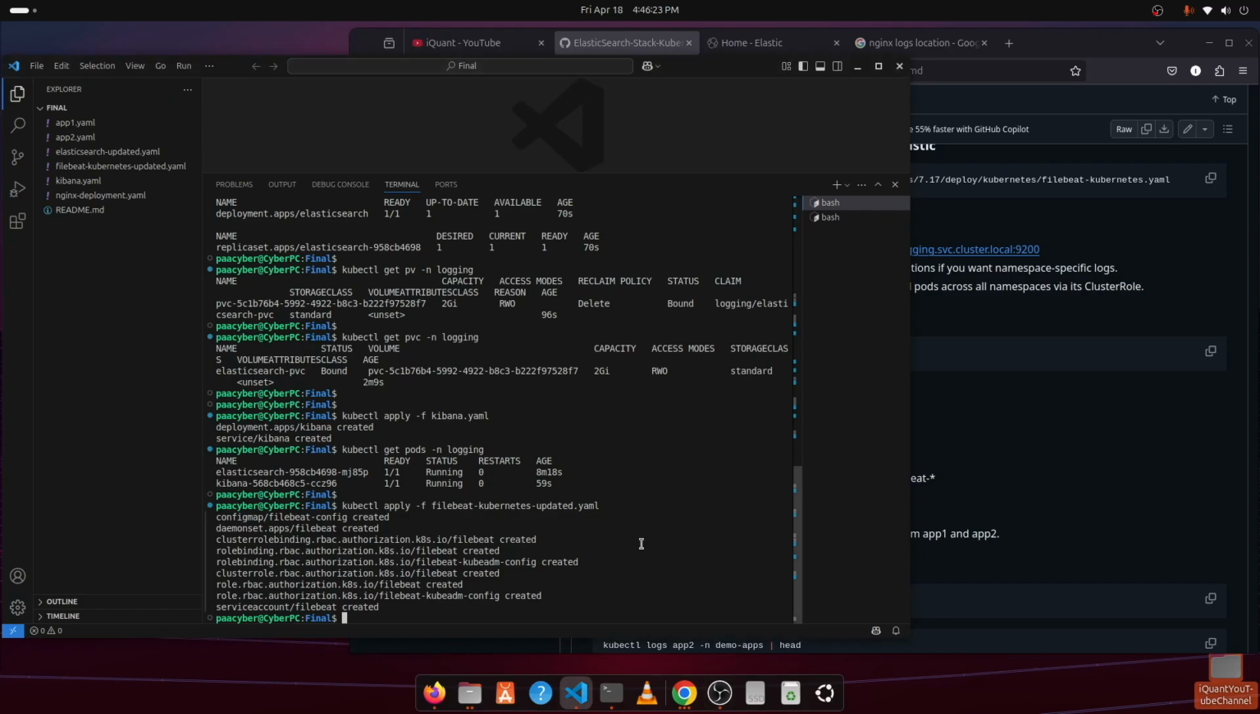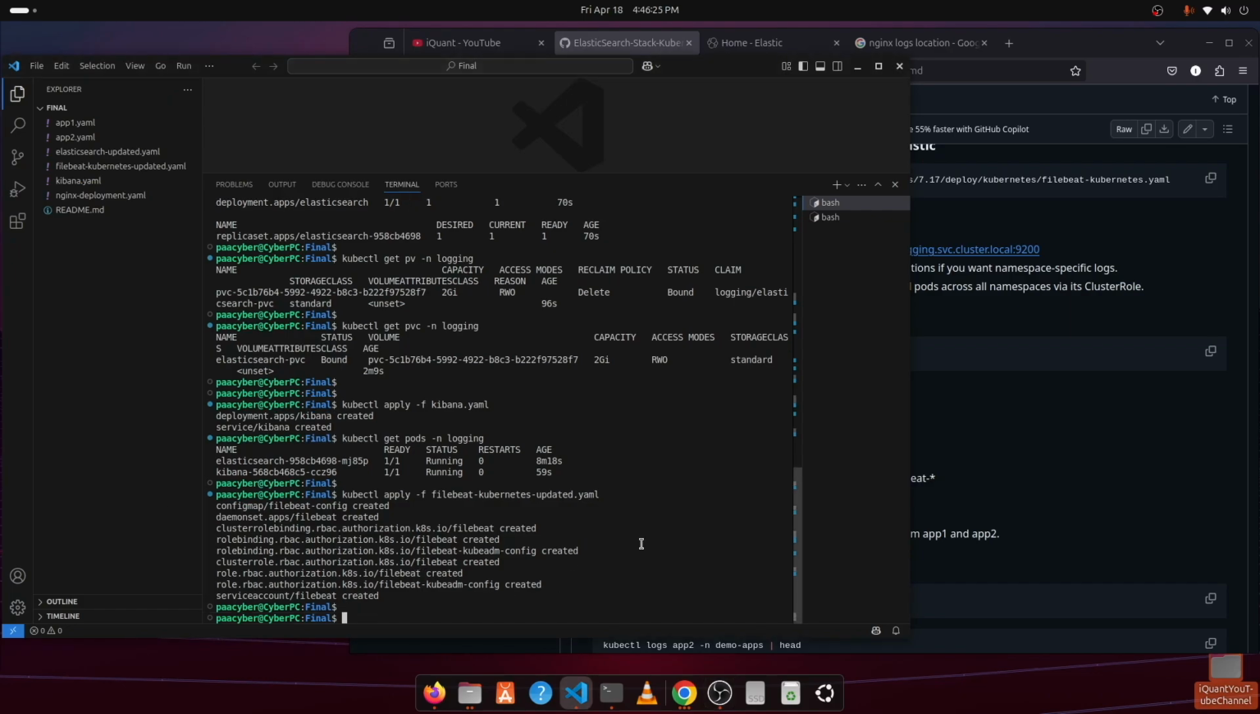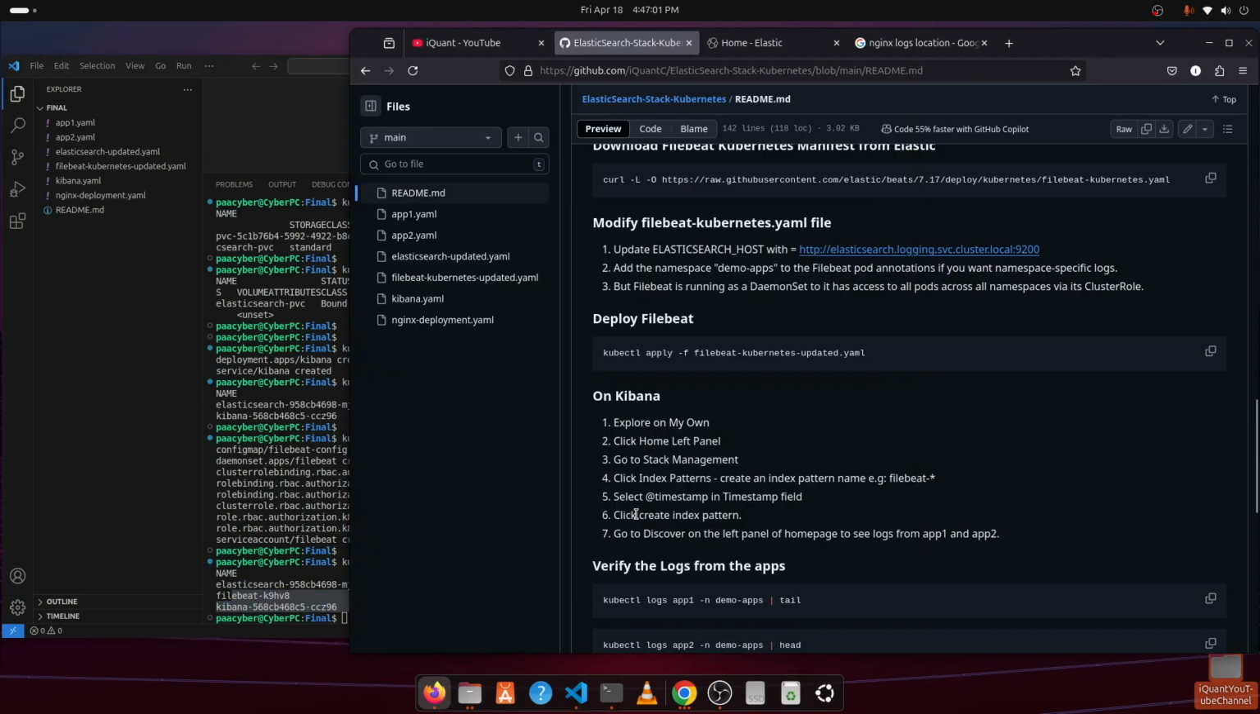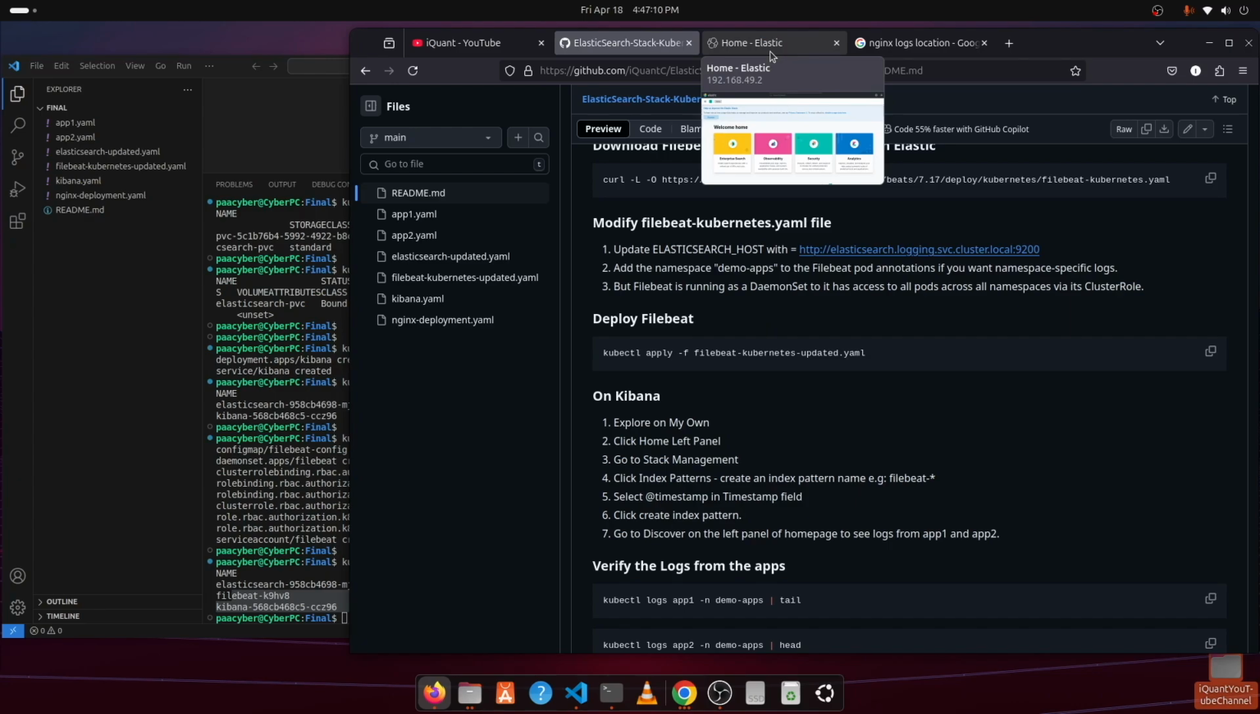All right, let's examine our resource. Again, I'll get the pods in the logging namespace. So now you see all three of them running. You have Elasticsearch, Filebeat is also running, and Kibana is also running. Okay, at this point, we are gonna try to explore our Kibana dashboard with the logs that are being collected